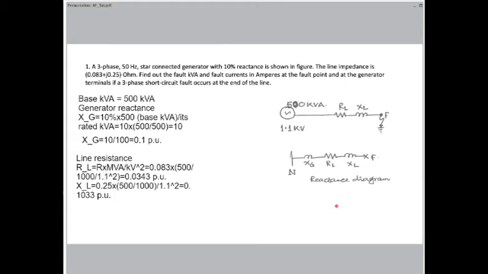It was drawn because I have to draw it, and it's difficult to draw using this software online, so I copied and pasted it from my hand calculation. Drawing this diagram is called a reactance diagram. After doing all this reactance calculation, looking at this block diagram or line diagram, whatever you call it, the system diagram is very important.